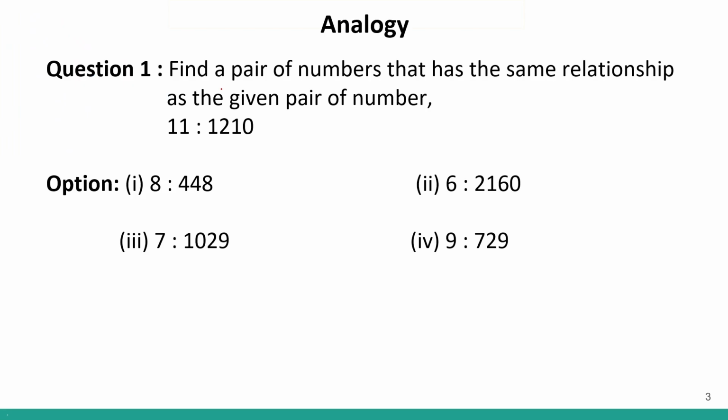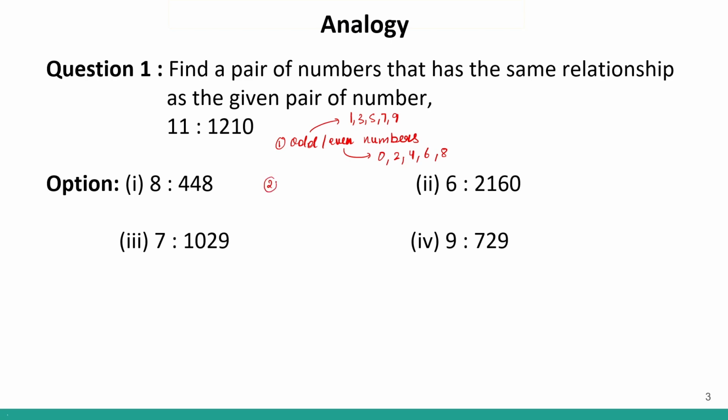So let us start. Before solving the questions, let us revise the topics that you need to revise in order to solve questions on analogy, specifically number analogy. The first concept is the difference between odd and even numbers. We have already studied this in our primary classes. Odd numbers are those numbers that end with 1, 3, 5, 7 or 9, correct? Similarly, even numbers are those numbers that end with 0, 2, 4, 6 and 8.